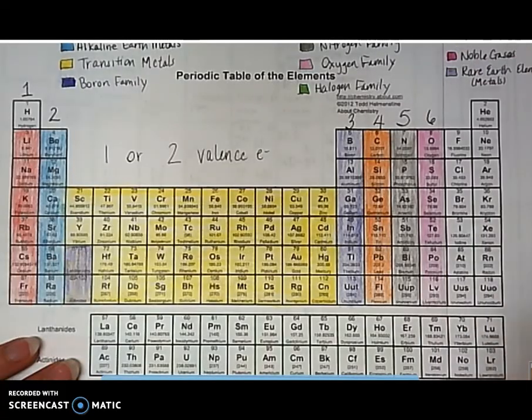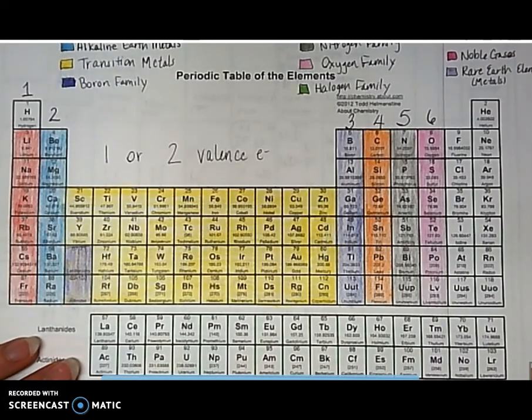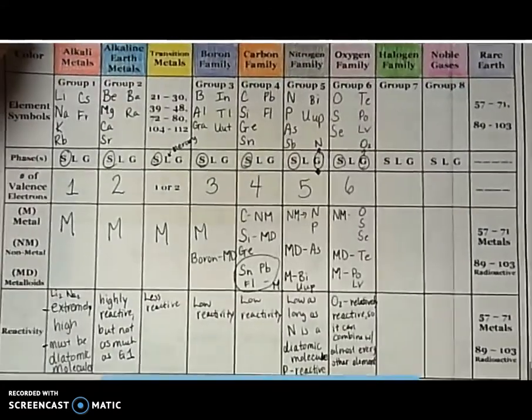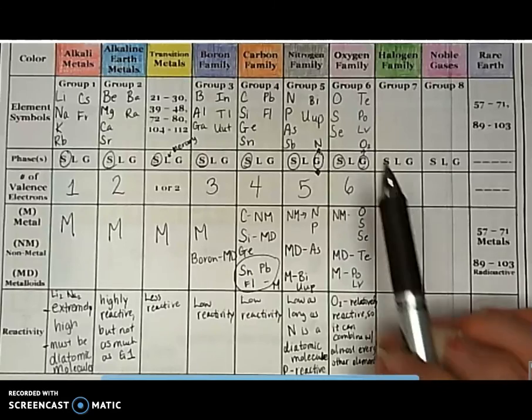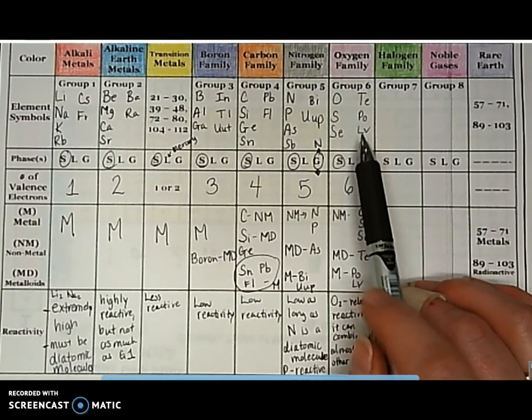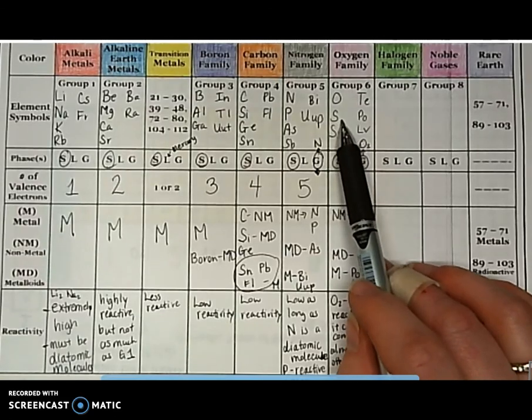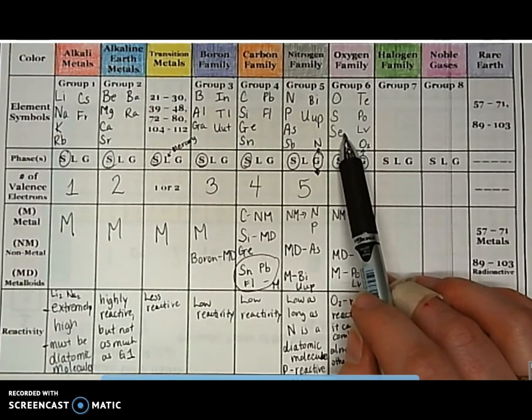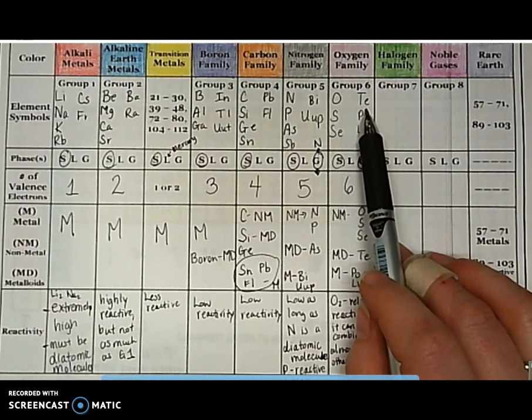The oxygen family is found right here. This family 16. It has 6 valence electrons, which is why I remember how we're numbering them. And we have oxygen, which is indeed a gas, and it's usually found as a diatomic molecule, so we have that O2. We also have sulfur, which is a nonmetal, and selenium, which is a nonmetal. We then have